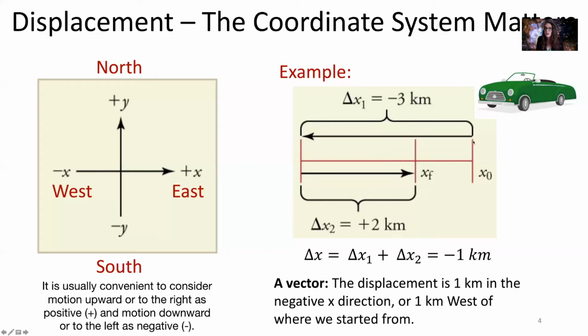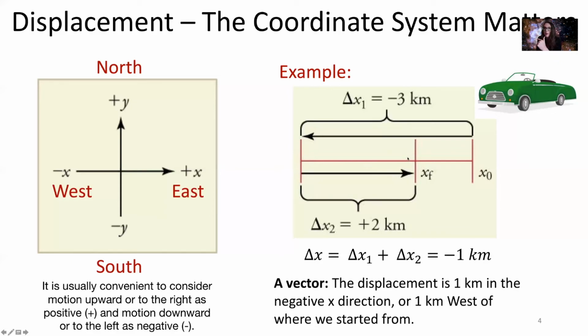So our first change in position is going to be 3 kilometers to the left. We put a minus sign on here to tell us that we're moving to the left of where we said the origin of our coordinate system was, okay? Once we've moved 3 kilometers to the left, then we're going to stop and turn around, and then we're going to move 2 kilometers along the x-axis toward the origin. So then we would move positive 2 kilometers because we're moving back toward the right, back toward the origin of